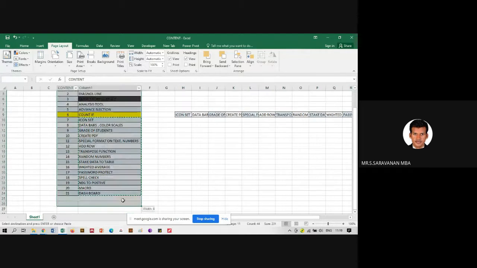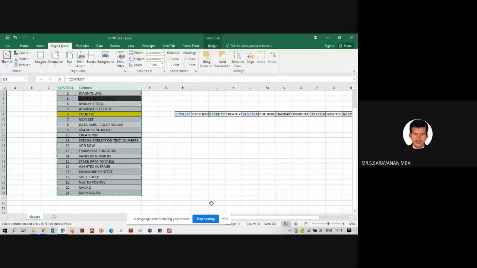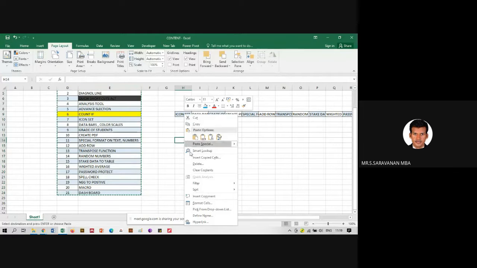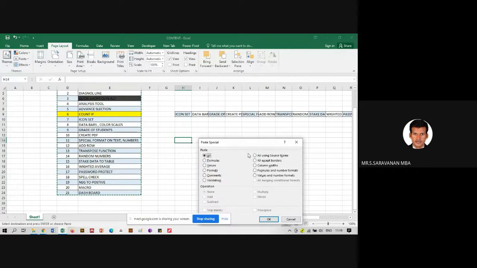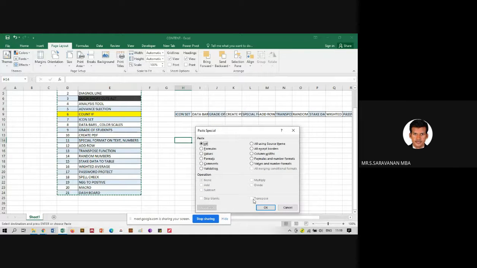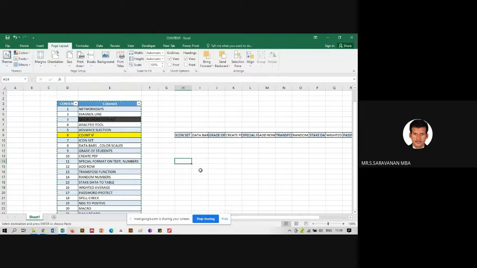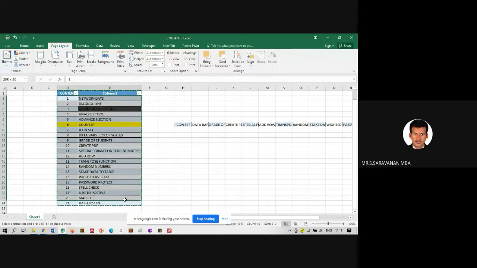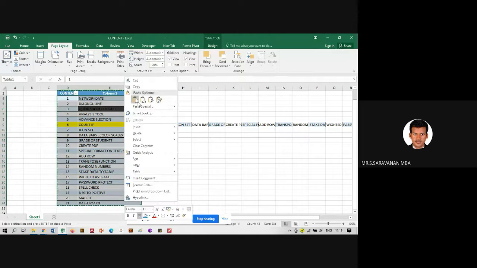This entire, let's take this entire table, I'm copying it. Right click, paste special. There is no active one because a table cannot be pasted. Table cannot be pasted.